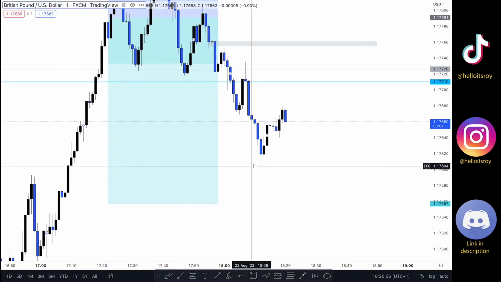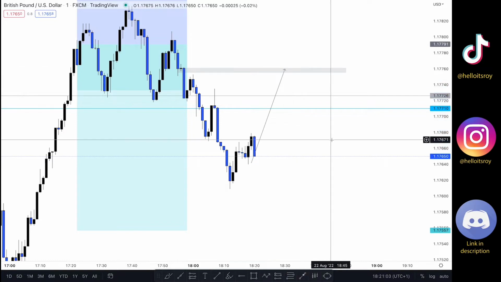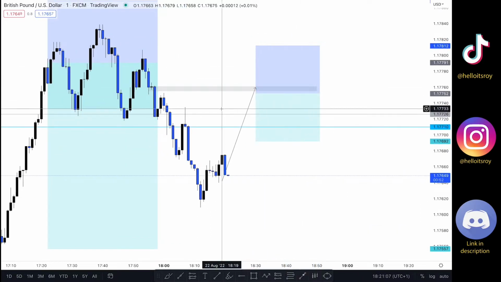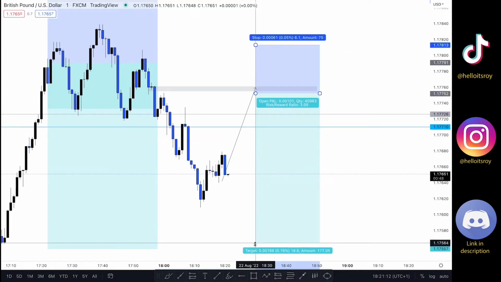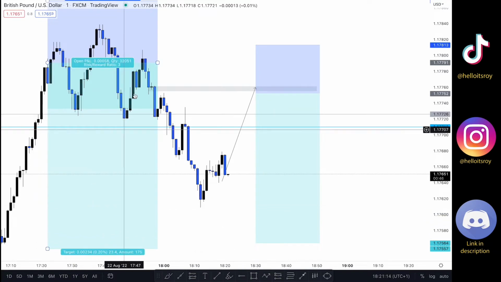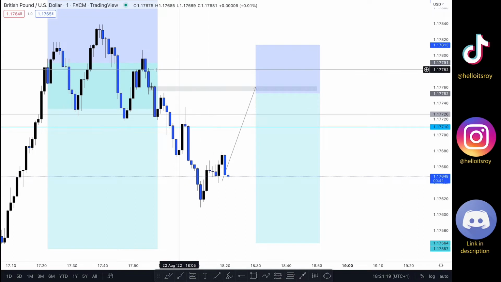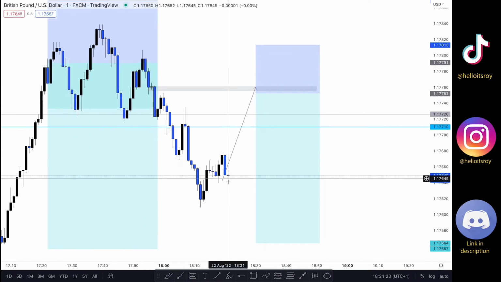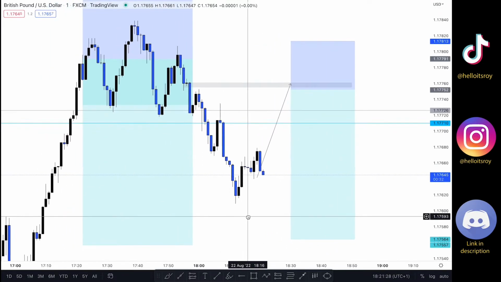As the push down into this area, I've taken partial profits right now and set my trade at break even. If the market makes it up through into this area right here, I'm going to be adding another sell right there, placing my stop loss above here and targeting this low right here, 1 to 3 risk reward ratio. So I'm going to have 2 trades open. If the market pushes through to the upside, then I'm going to lose this trade and this trade goes into break even. So no risk on this trade. However, if the market pushes up and pushes down, I win both of them. So let's see how this goes.